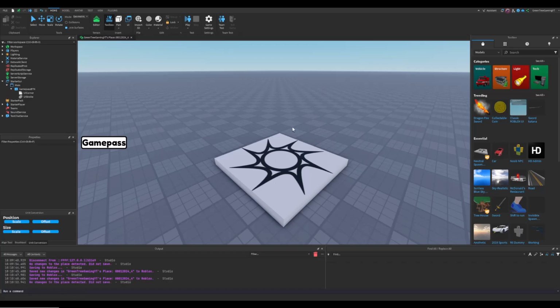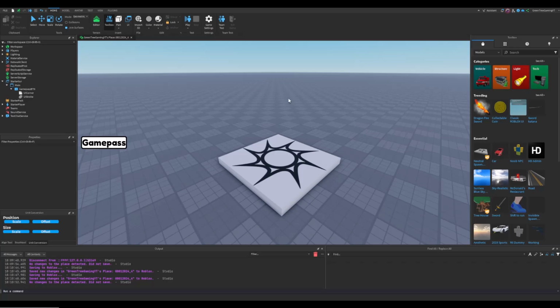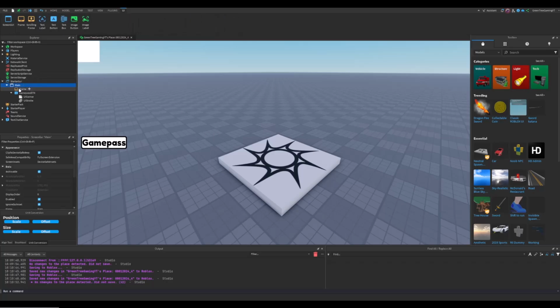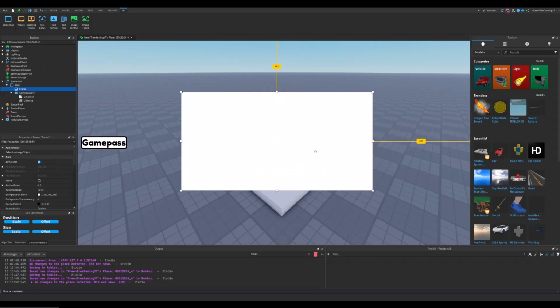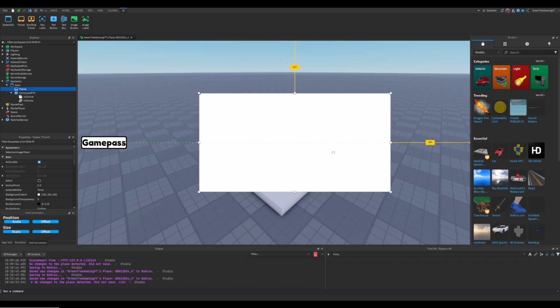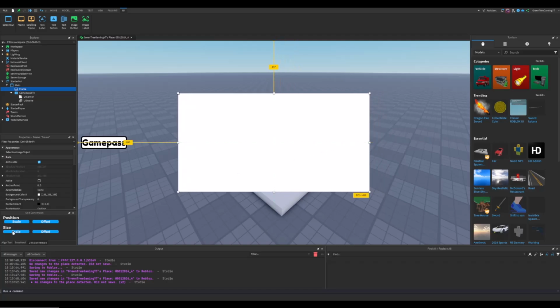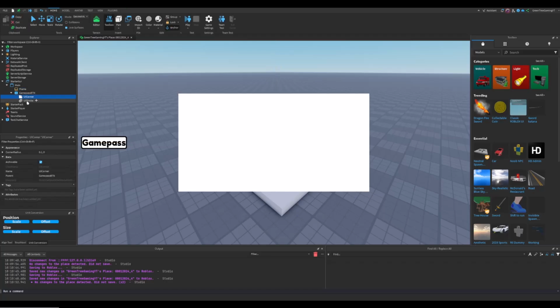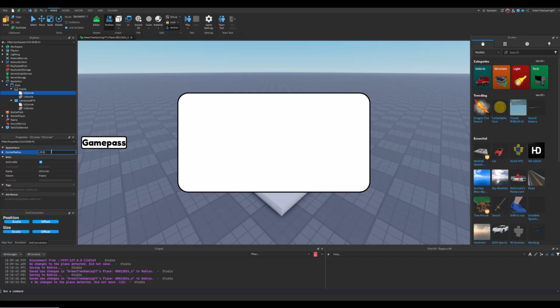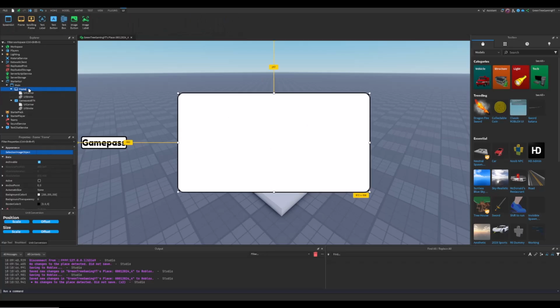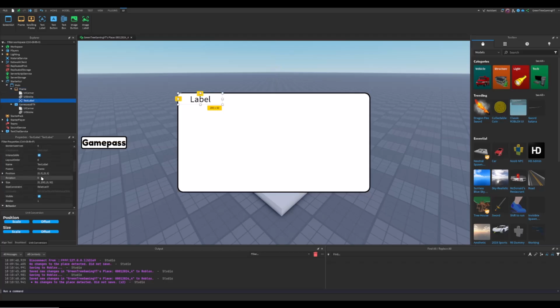So once you buy the Game Pass, it'll say thank you for buying the Game Pass. So for that, let's just insert a frame into main. We'll drag this, make it a little bigger, and put it in the middle of our screen, just like that. And in here, I'm just first going to copy and paste those, give it a smaller UI corner so it looks better. Inside of the frame, what I'm going to do is insert a text label, and we don't need